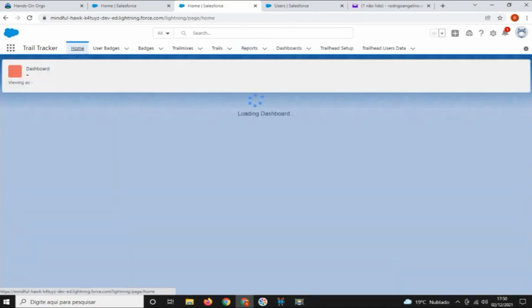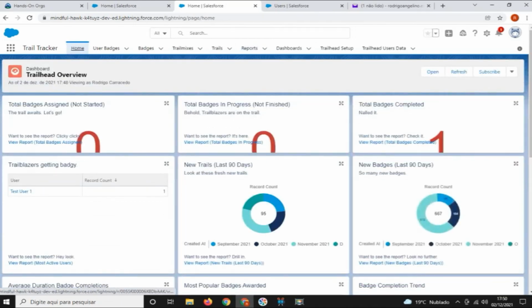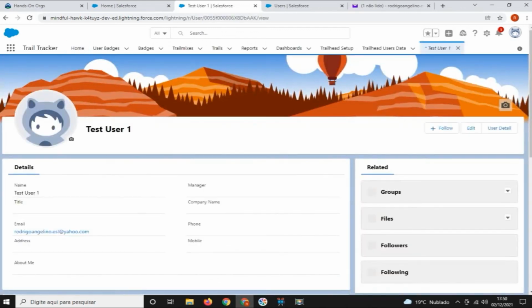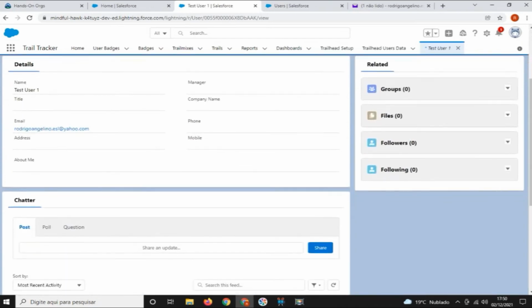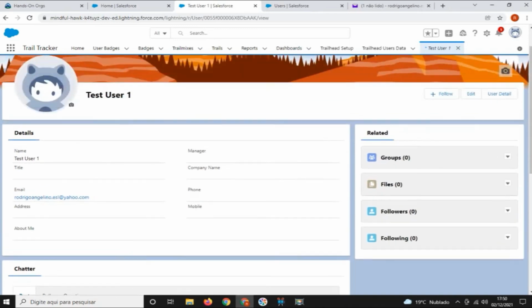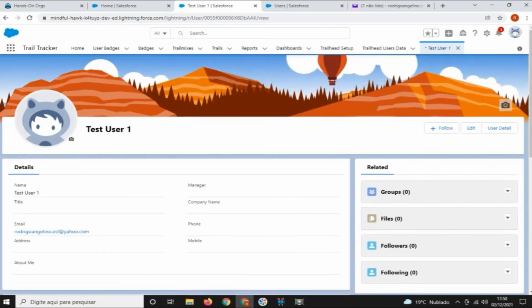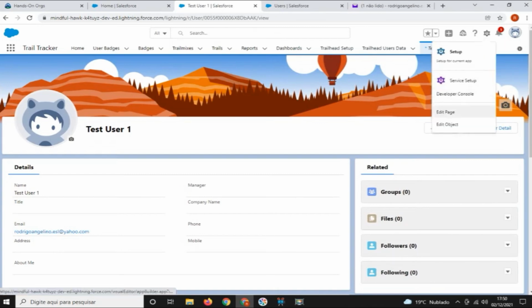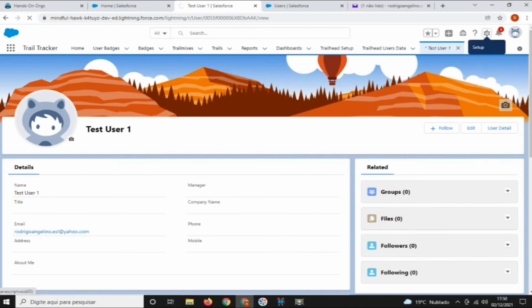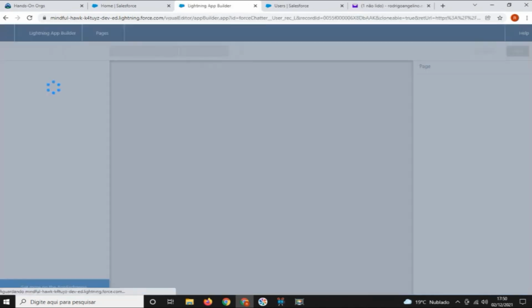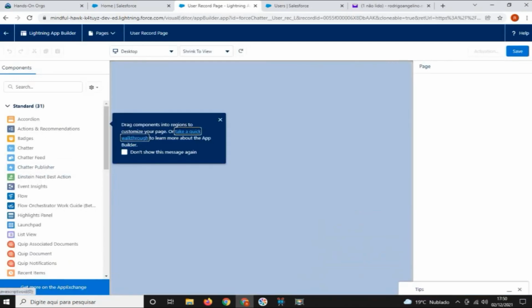If I go back to the home screen and click on test user 1, I'm going to be directed to the test user profile, and I can also add some useful information on our user's profile page, such as their badges, assigned badge number, etc. So I'm going to click the cog icon, go to edit page, and it's a similar process